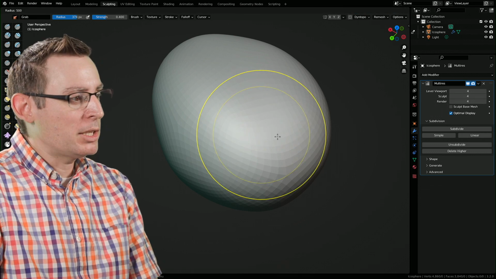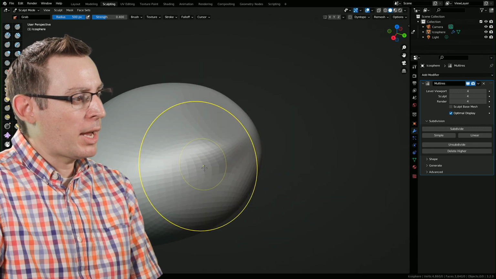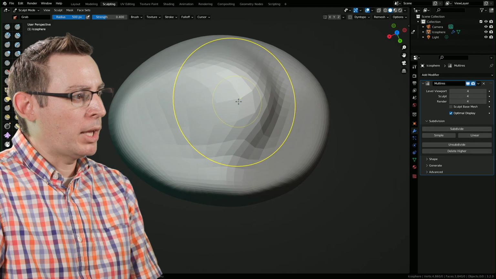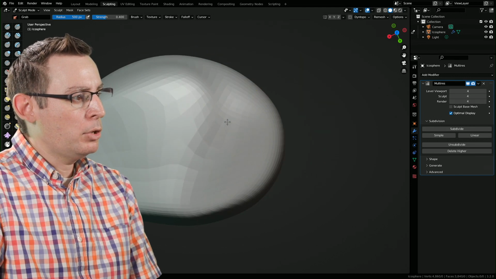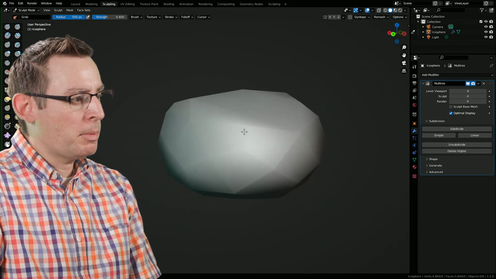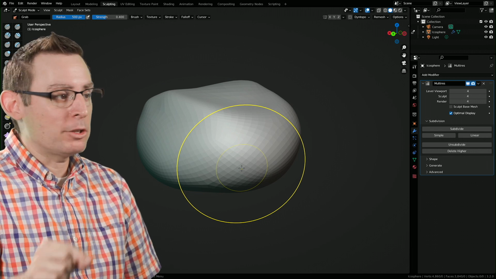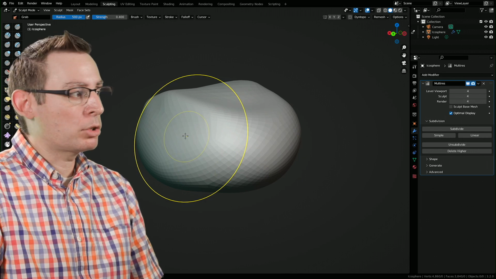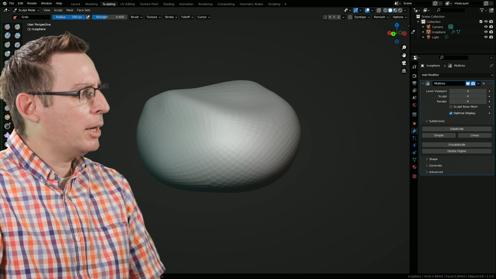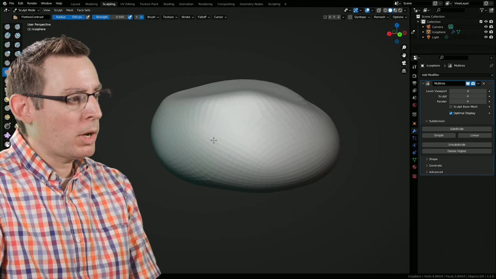Of course, naturally, we can continue to work with the move tool and start to push and pull some of these forms around, kind of capture that rock shape a little bit, which is kind of neat. And I'm just grabbing with my mouse and I'm pushing outwards. Now, what this is creating is some really great organic shapes, but maybe this gives us an opportunity to explore a different tool. It's the flatten tool. This is inside of our tool brush bar, and it's the icon that looks like a sphere with a flat top on it. It's one of the red ones. And this is going to create some flat planes, which is great for rocks.